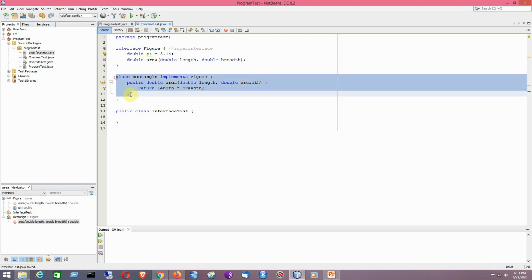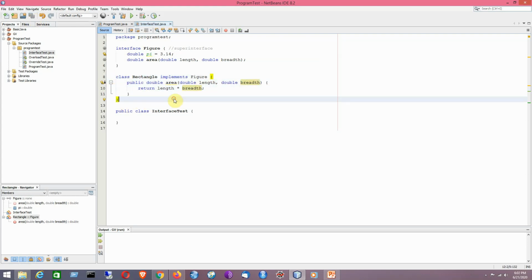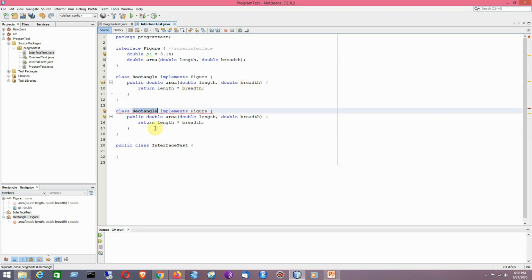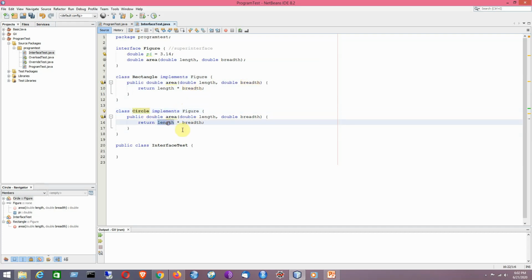So now I would like to create one more subclass which is named circle. So that is the formula pi r square. So r is getting replaced by length, that is a notion of radius here.